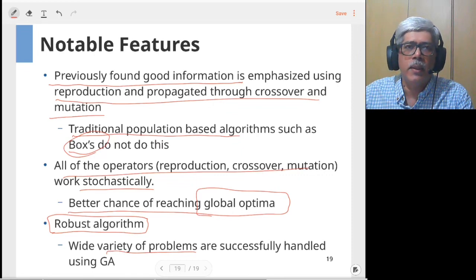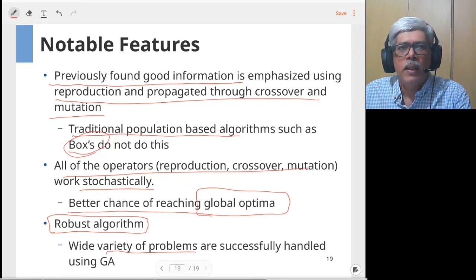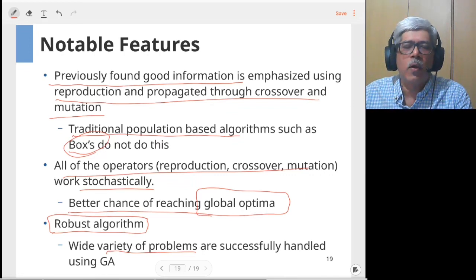They work on any problem you throw at them and will give you a solution. It may not be the fastest possible or the computationally superior solution, but it will give you a solution or some insight into the nature of the problem. So these are some of the features which make the genetic algorithm interesting for engineering optimization problems.